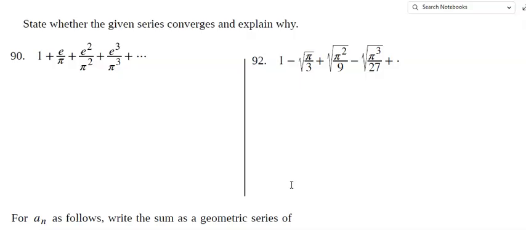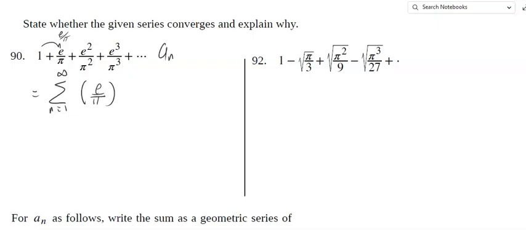All right. We would like to figure out whether this series converges or diverges. Well, we are aware that this is a geometric series, right? That is the series n equal 1 to infinity, and let's see how this plays. That is, I'm multiplying every time by e over pi,